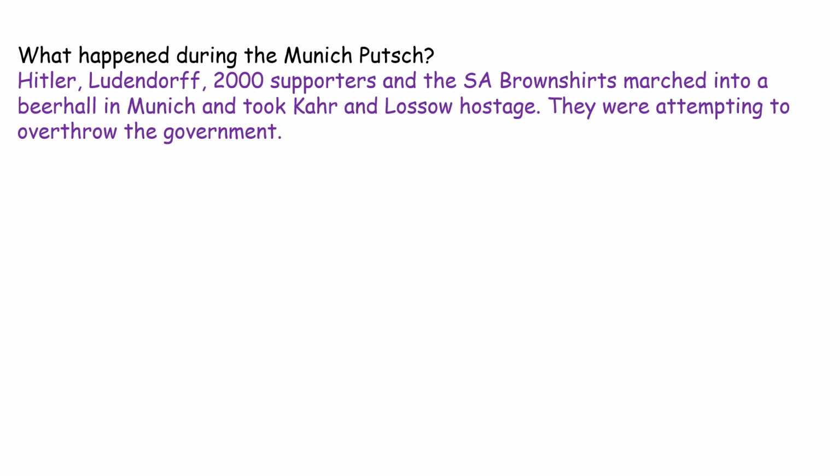But Hitler, Ludendorff, 2,000 supporters, and the SA brown shirts marched into a beer hall in Munich and took two Bavarian politicians hostage. Their names are von Kahr and von Lossow. What the Nazis are trying to do is take over the government. They want to overthrow the Weimar government and implement an autocratic dictatorship under Hitler, and then Ludendorff would take control